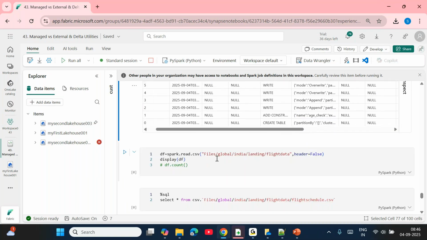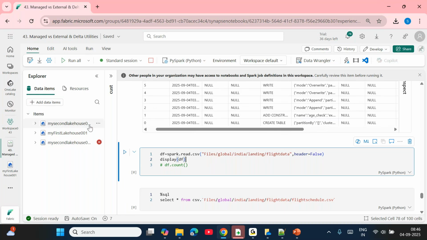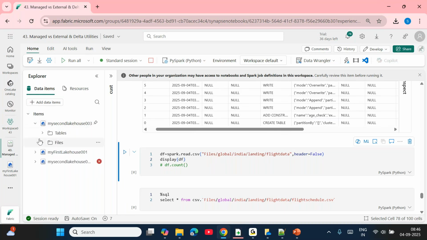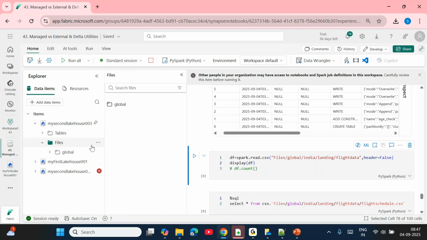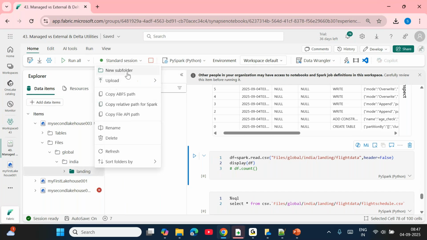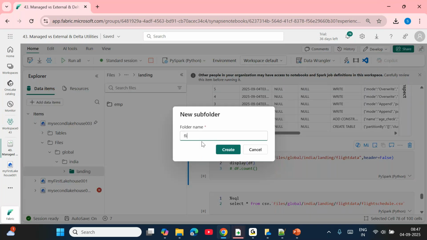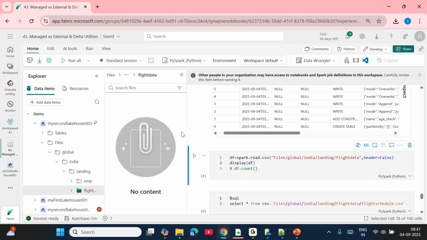Now let's say I'm going to create something in the files. I want to go to global. Let's click on this. I want to show you, under global you have India, under India you have landing, under landing you have only the EMP, right? I'll be creating one subfolder called flight data. Now in this flight data folder, I want to insert the data. What I can do is